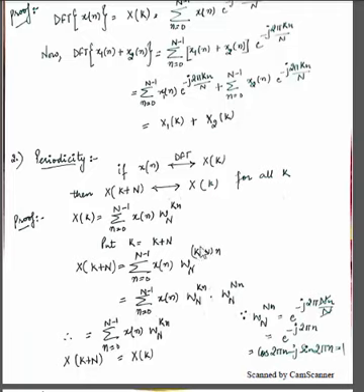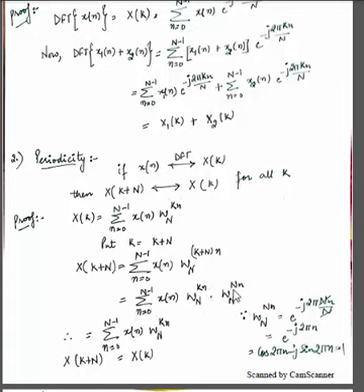So we have to split this power into two parts. It becomes summation n from 0 to N minus 1 x of n twiddle factor raised to power kn into twiddle factor raised to power N into n. First is capital N and second one is small n. Capital N is the N-point DFT. Small n is the range of a sequence. So capital N is the total number of samples in the sequence.